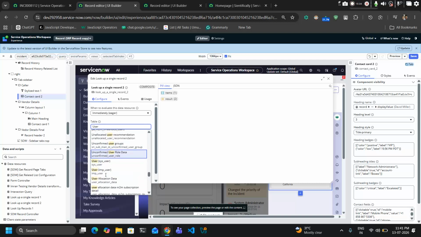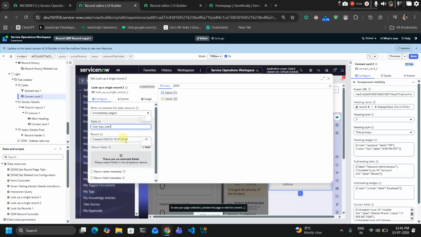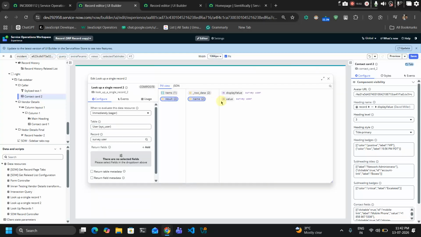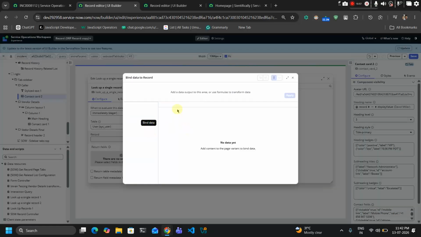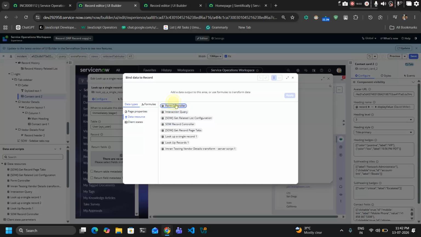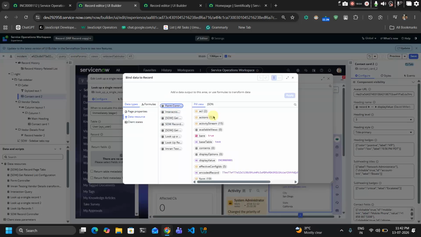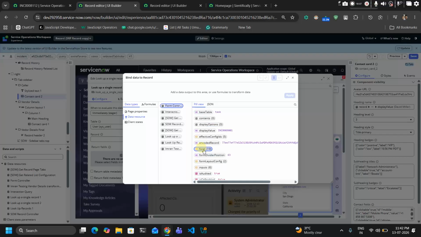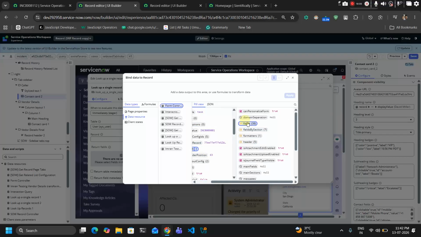Where is that? See, user, sys_user. For this survey user, it just auto populated. See, you are able to get those results. Sys ID display value. For this, we need to bind a dynamic thing, right? From the form controller, to get the form field